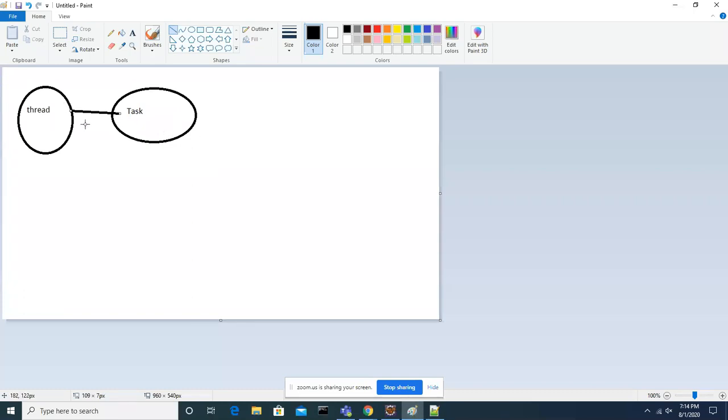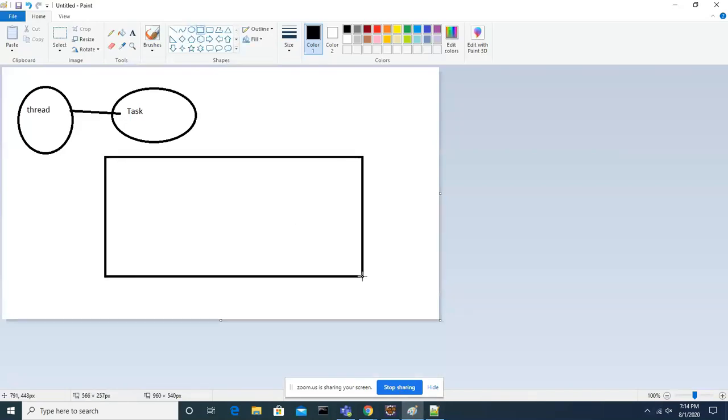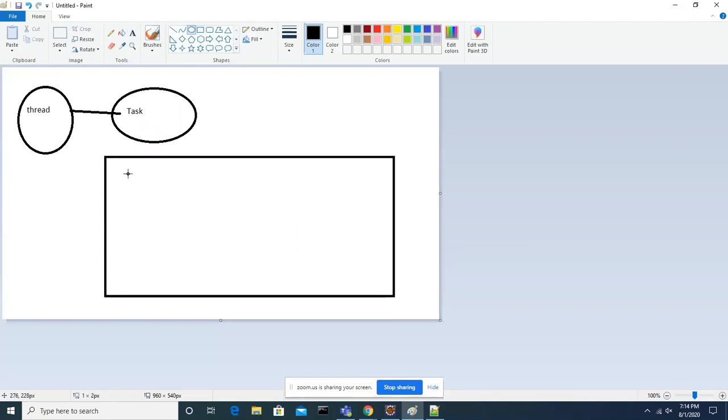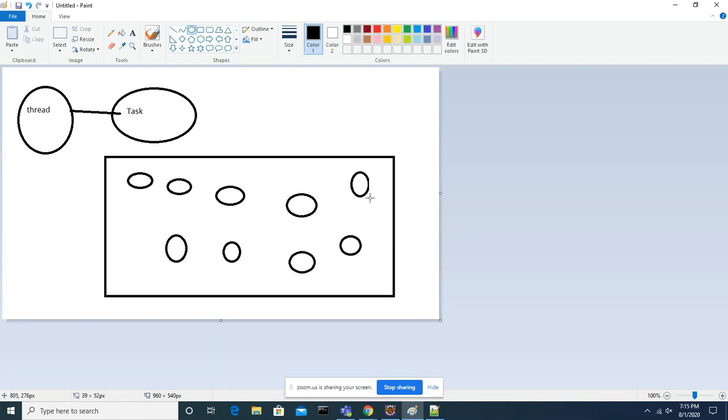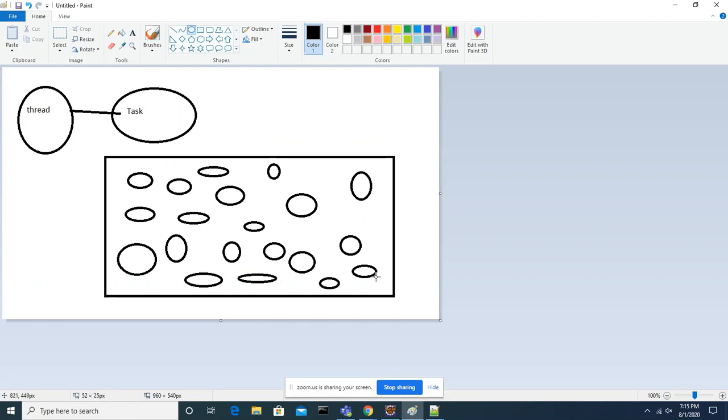So let's say there is one task. For our example, let's say there are multiple objects. Let's say these are all the objects.